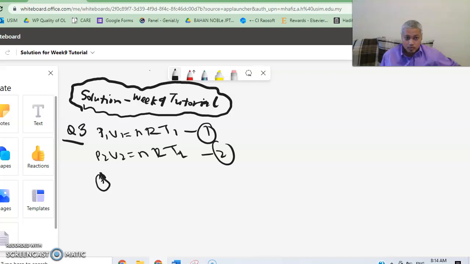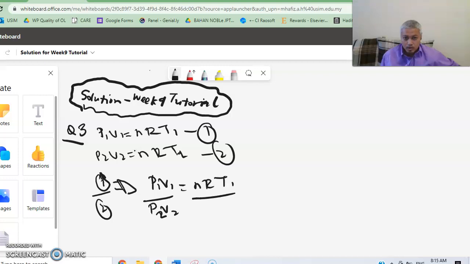Just now for question number 2 we had standard condition, but this one we have the change of operating condition from P1 to P2, T1 to T2, so we can use the same concept where we divide both equations, P2 V2 and RT1 and RT2,